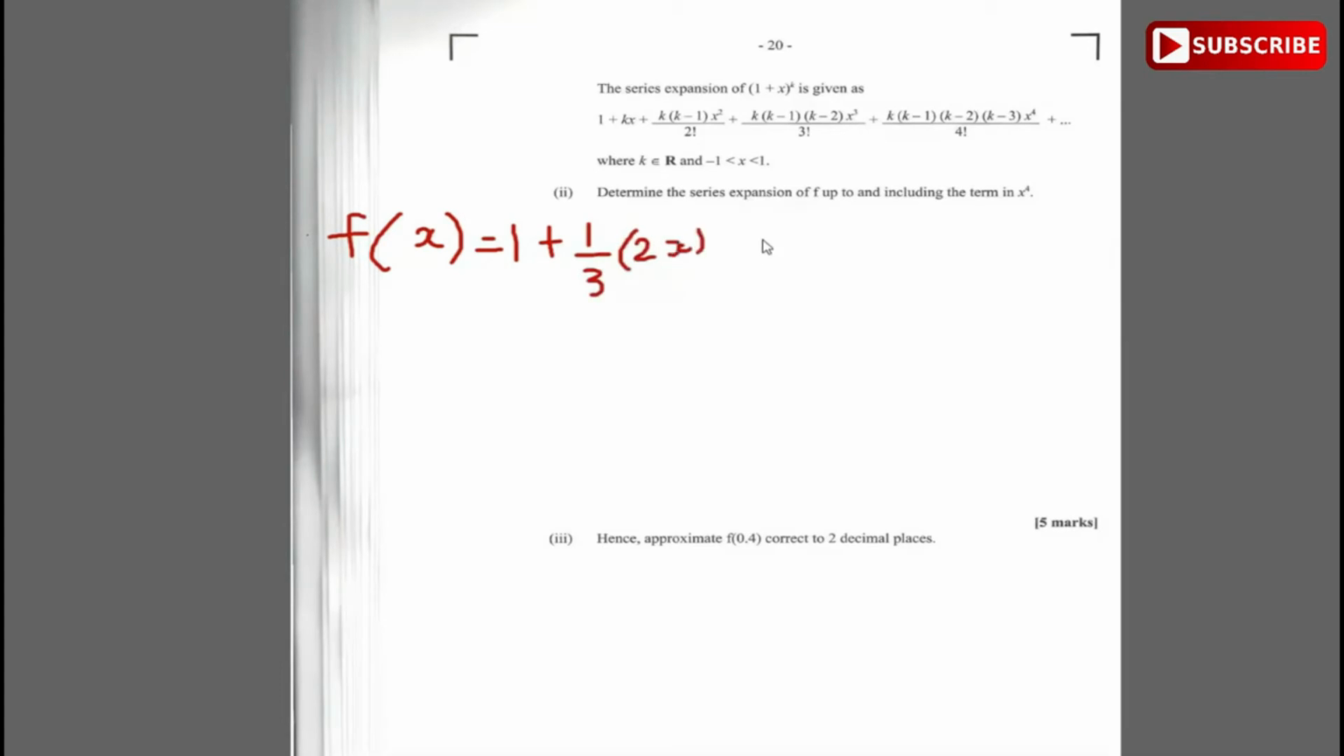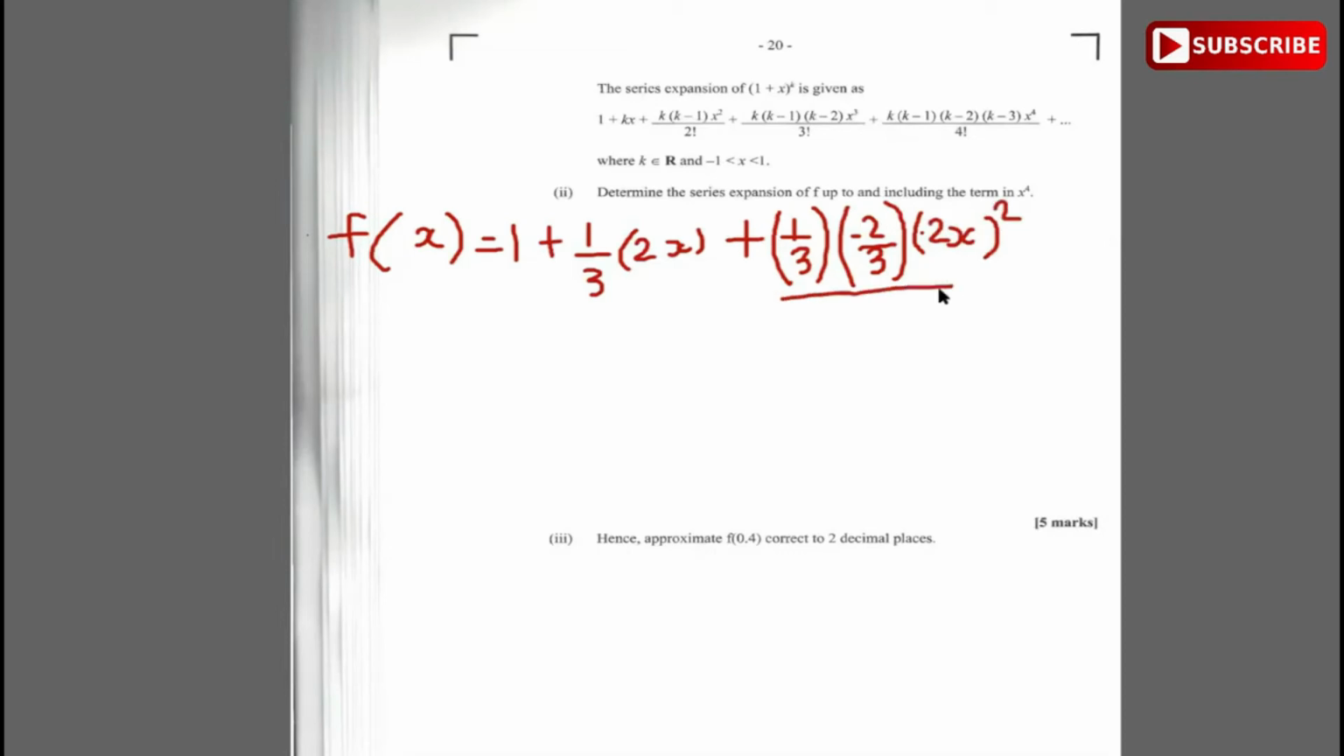plus k times k minus 1. K is 1 over 3. And so k minus 1 is going to be 1 over 3 minus 1. So you work that out. 1 over 3 minus 1, that's minus 2 over 3. It's really sad that I just used the calculator to do that. Times x squared. But x squared is really 2x squared. And it's all being divided by